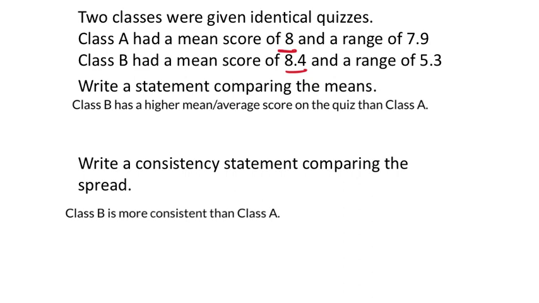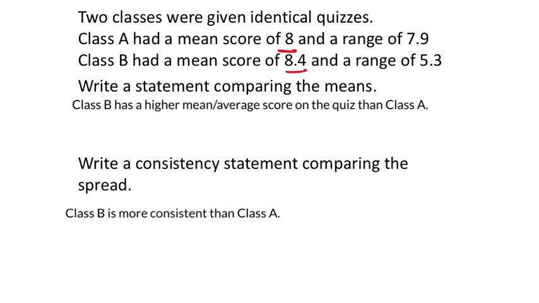Now, if I wanted to be a little bit more accurate with my wording, I'd probably say it appears that Class B is more consistent than Class A, because we don't really have a ton of information here. We don't know how many students took this quiz in either class, and we don't know what the scores were exactly. So this statement that I have as is, in my opinion, is actually quite manipulative,